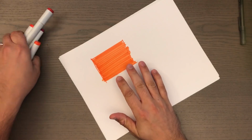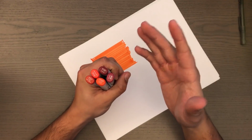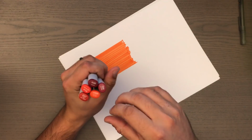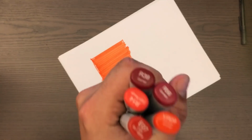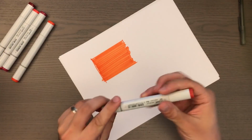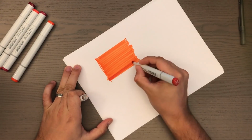So you don't really need, how many markers is this? 5 markers. You can use 2 even. If you only have 2, that's fine, but for this experiment here I'm gonna use at least 3. So the next step is going a step darker, and I would say that's this one. That's the E07. And now I'm gonna start with this from the bottom, and keep in mind that I'm using regular print paper here,